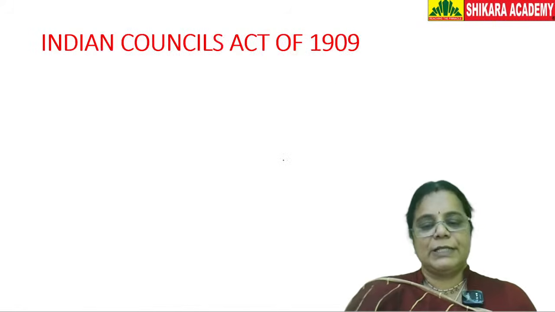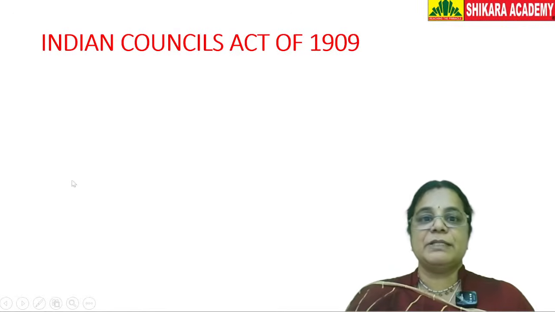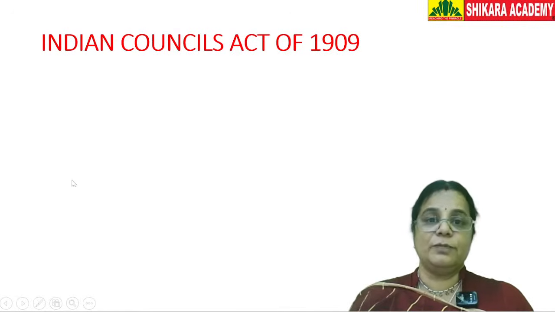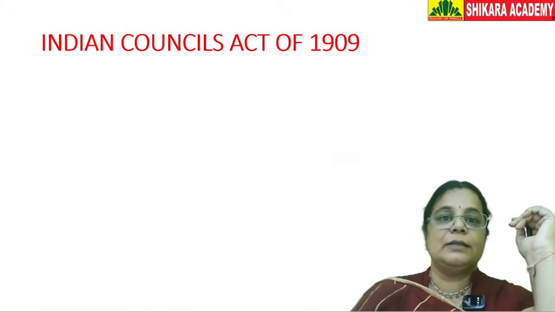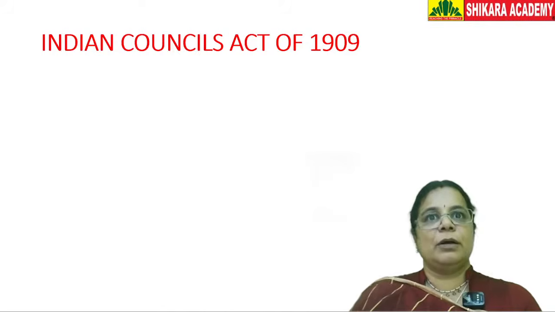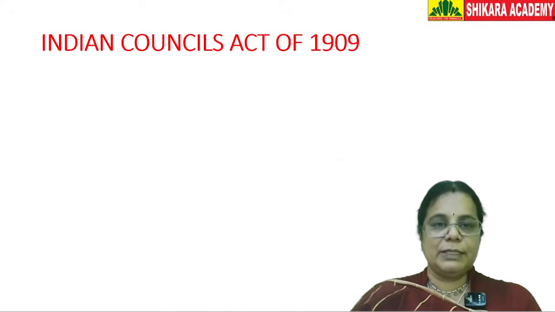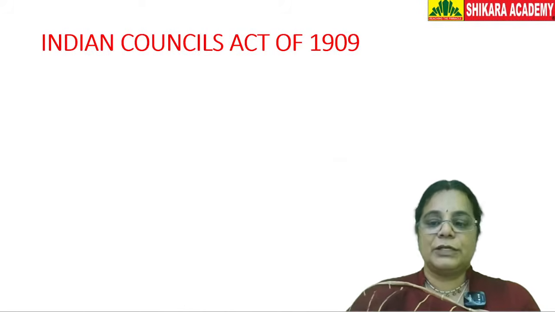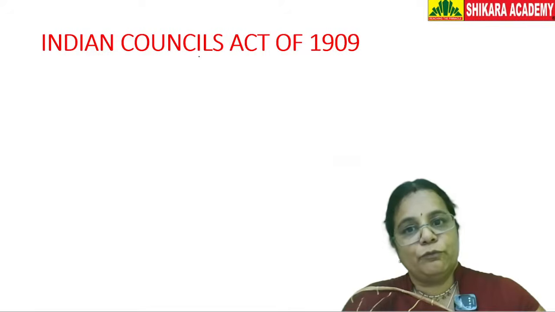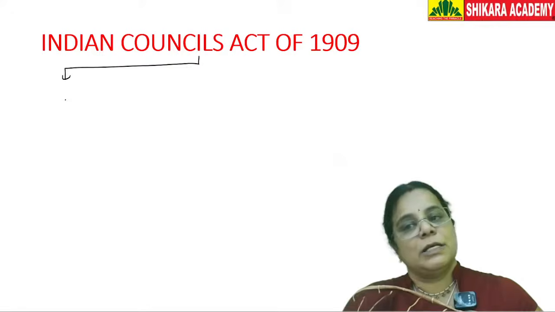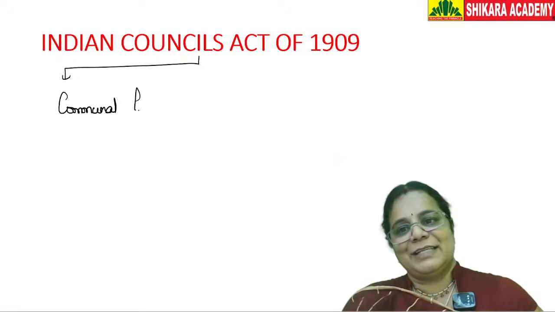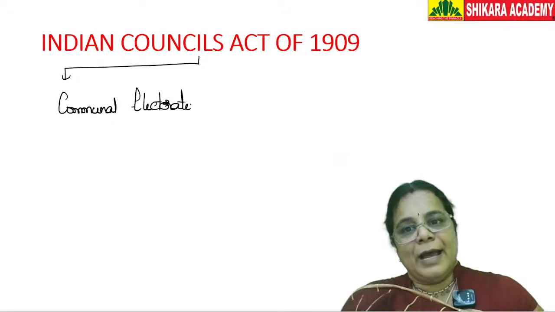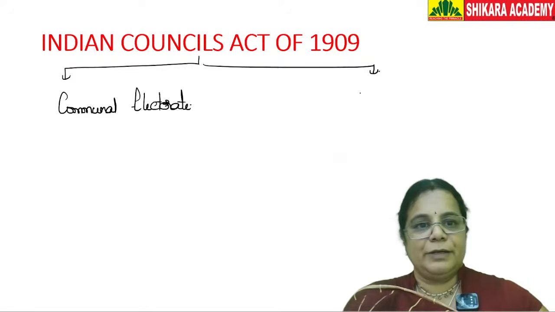The next legislation is very, very important, very famously known as the Minto-Morley reforms. Very important for one of the most crucial steps that the British have taken, that we talk about whenever we talk about communalism in India, and that is the introduction of communal electorate. The most important change it brought in is it introduced the communal electorate. And the second change is related to parliamentary form of government.